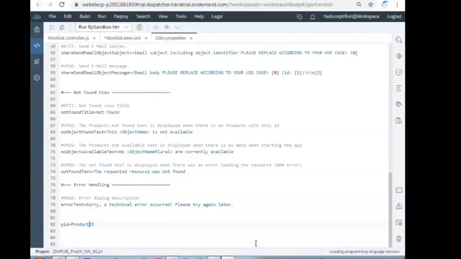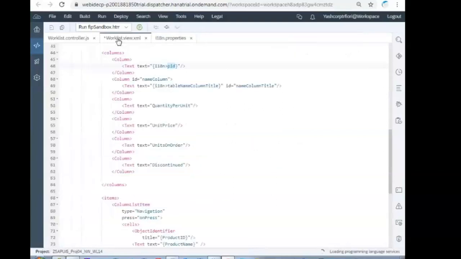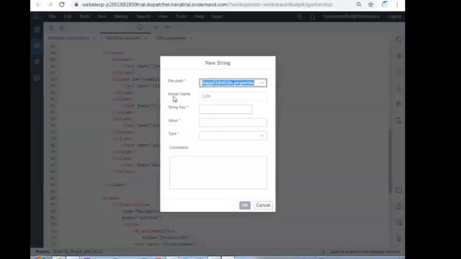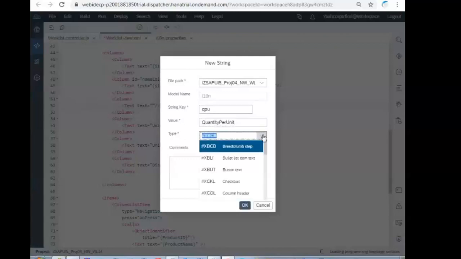This is one way. Or directly, in worklist.view.xml, quantity per unit, you can right click on that, and you have the option create I18N string. You have the string key quantity per unit, the value quantity per unit, and type.